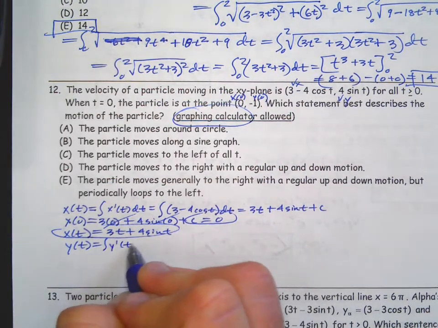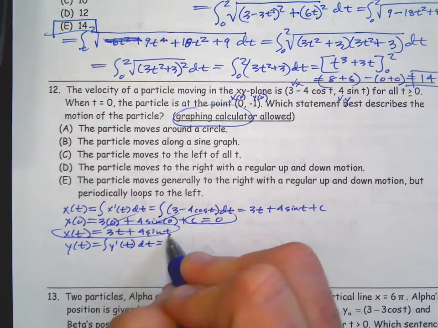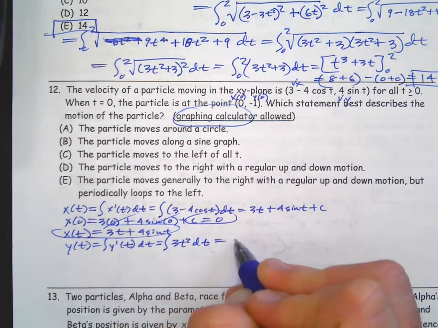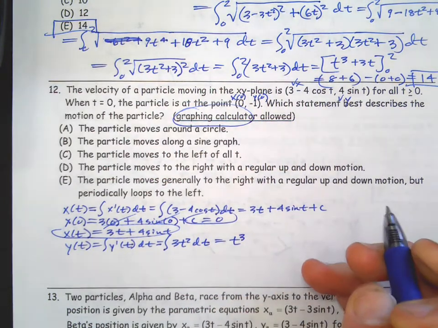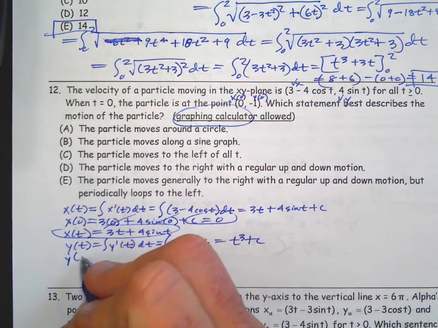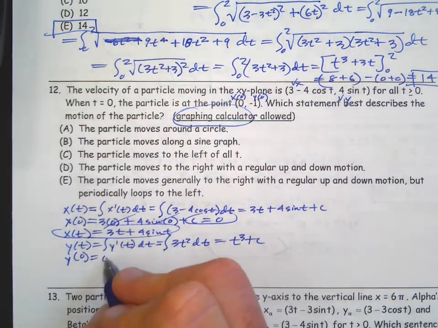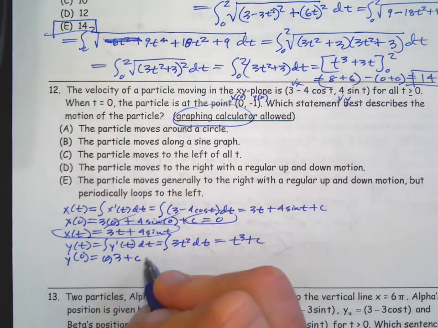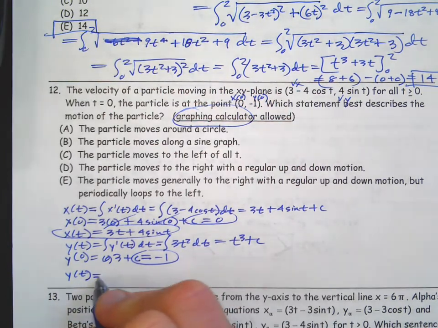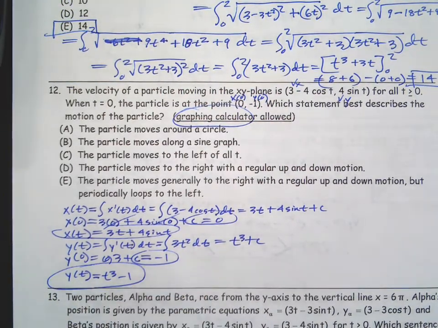The integral of y prime t dt, 3t squared dt, it's going to be t cubed plus c. But we're going to plug 0 in. 0 cubed plus c should equal -1. So c equals -1. So y of t equals t cubed minus 1. Now, can we find the Cartesian equation from these? I mean,